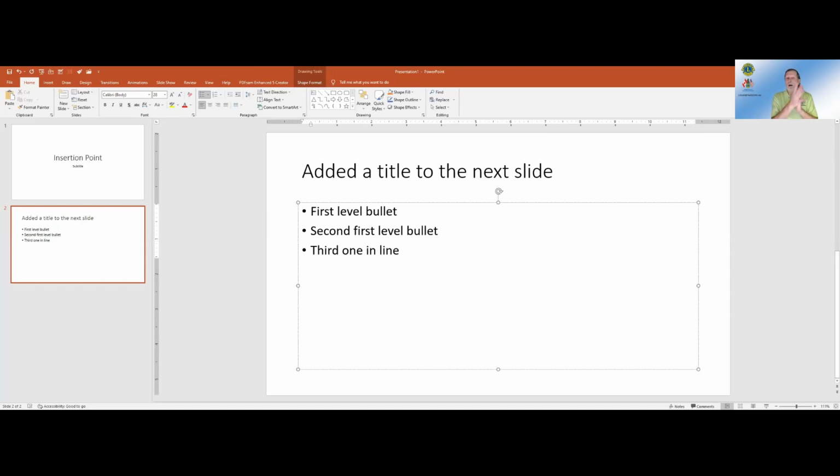So at this point, when I hit my enter key, I want to create the next level. So I hit the enter key, and what I do when I hit the tab key is that I demote this so that now I am working with the second level bullet.